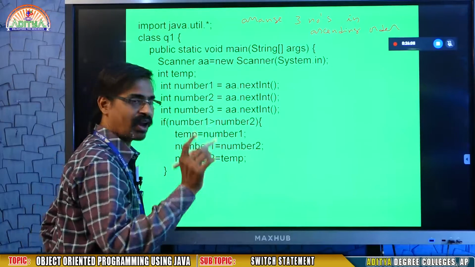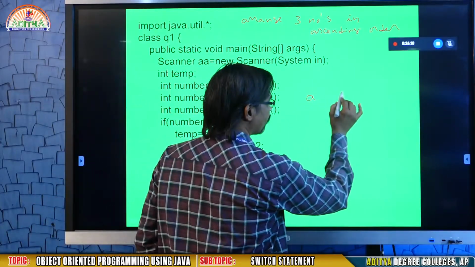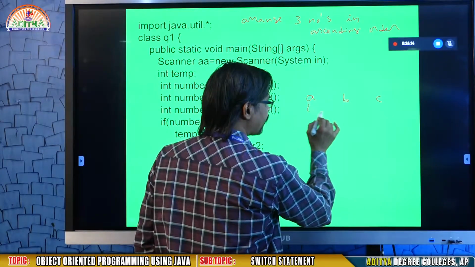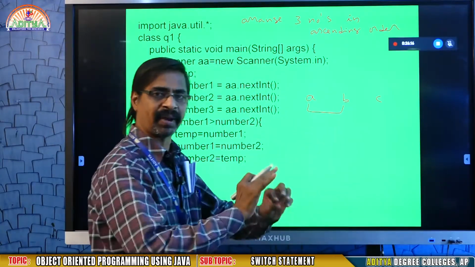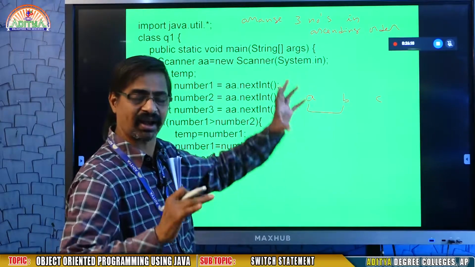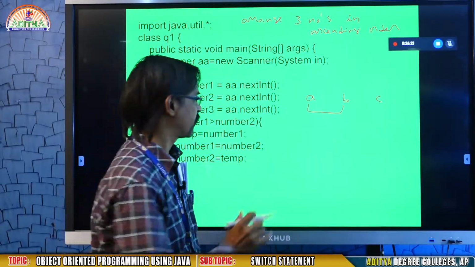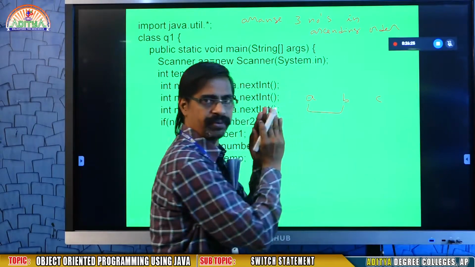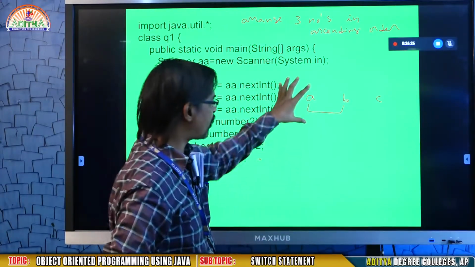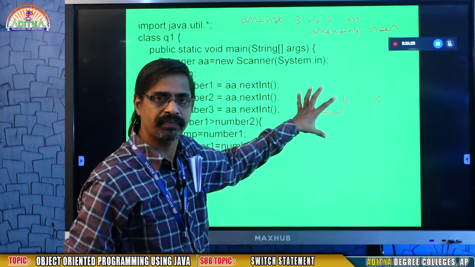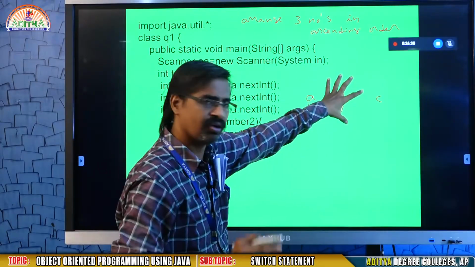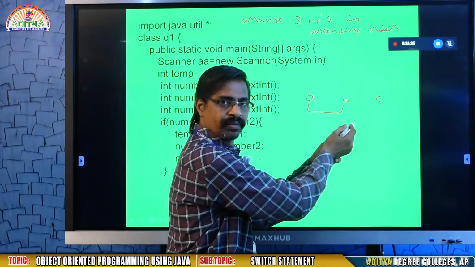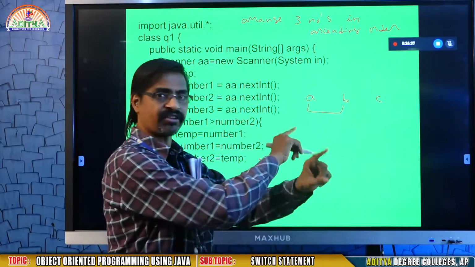So, what my logic is, take 3 numbers A, B, C. First compare A, B. Don't compare at a time. A is less than B and C, not the previous logic, it is another logic. Compare A and B. If A is small, put it there. If A is small, put it there. And B also will be in the same place. In case A is greater and B is small, then interchange.